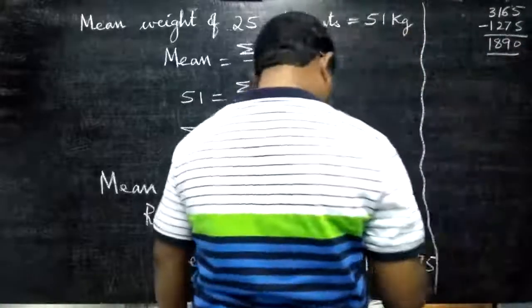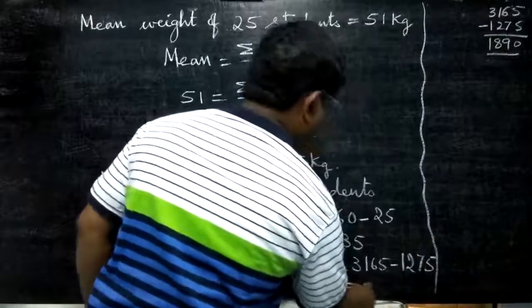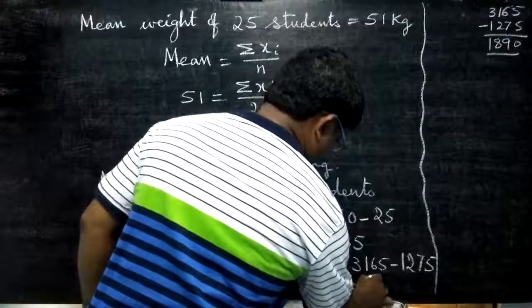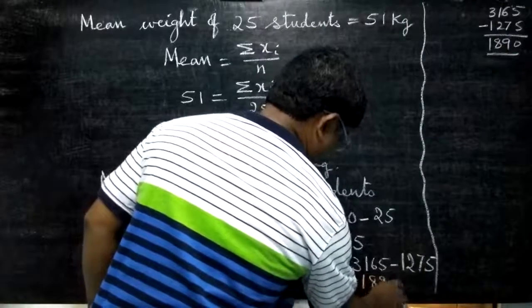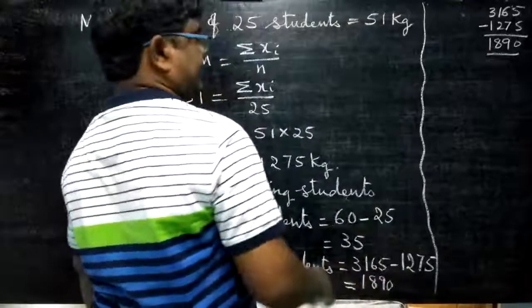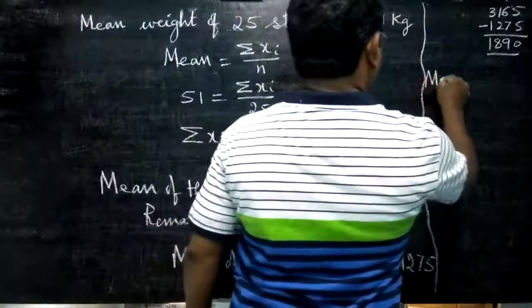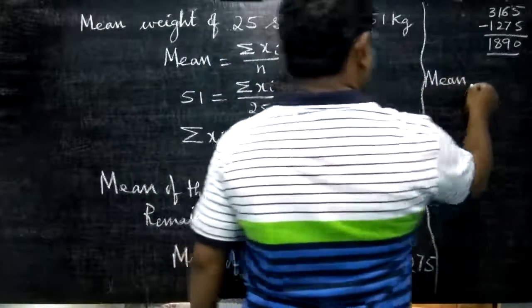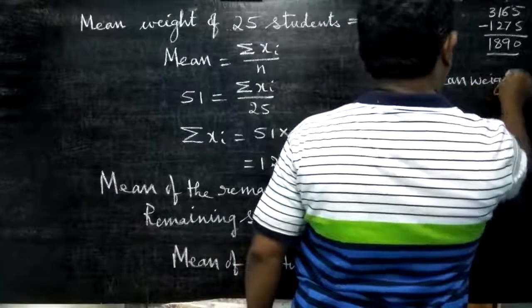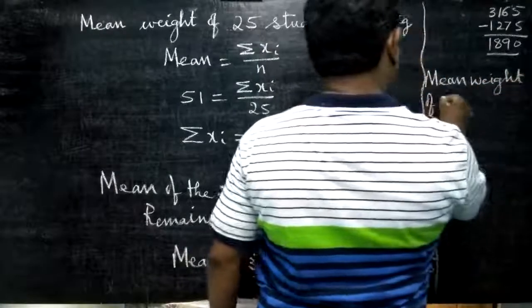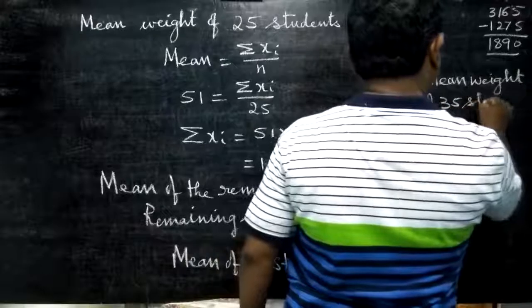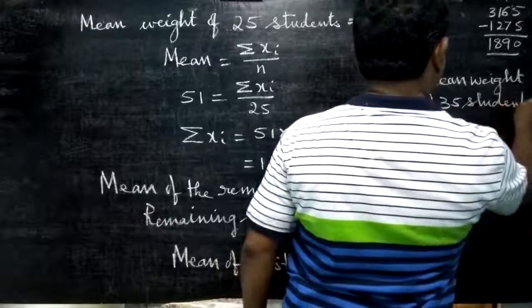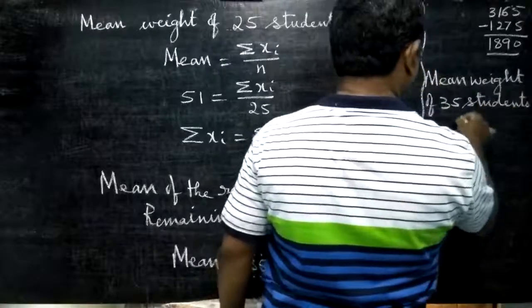So now we got 1890. Now the mean weight of 35 students, remaining are 35 only, no? Mean weight of 35 students is equal to